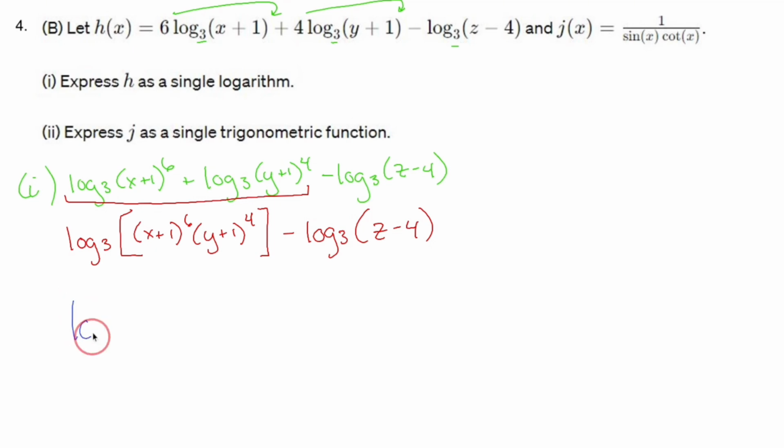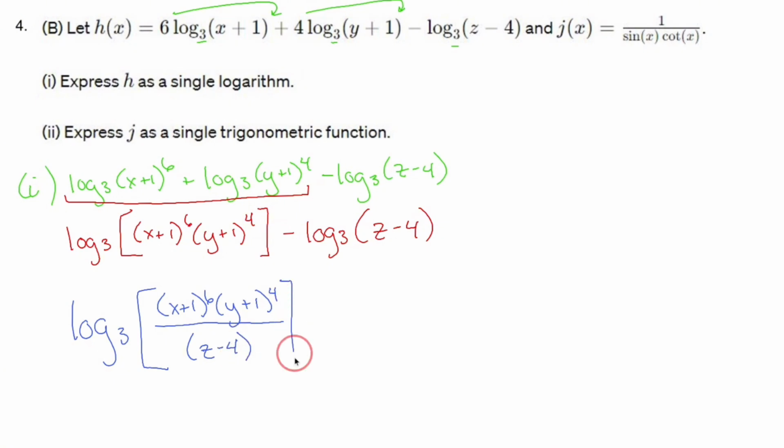So last but not least, our single logarithm is going to be log base 3 of x plus 1 to the 6th, y plus 1 to the 4th didn't change, over z minus 4 in an unnecessary parentheses. But now we have everything in a single logarithm. Hooray! I love it. And that's part I. Part double I